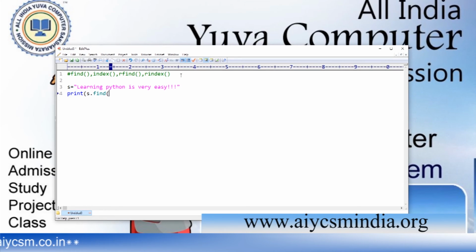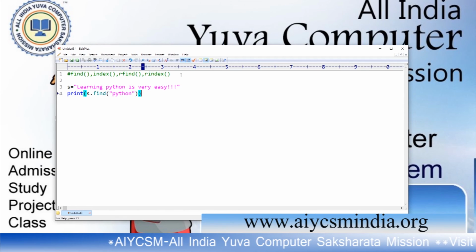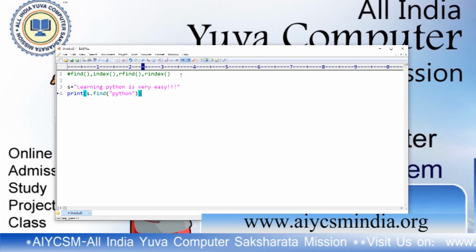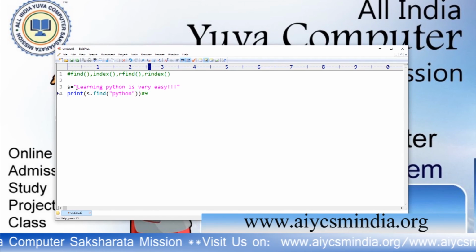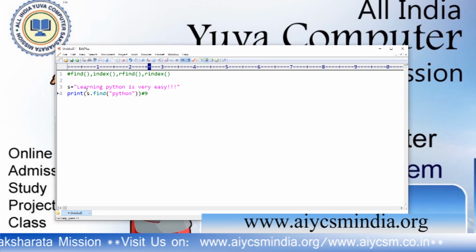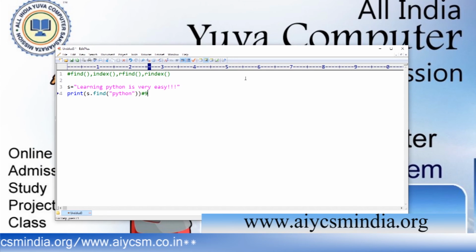With the help of s.find, I want to find Python. What will it return? We will see. It will return the index value. It returned 9. This is 0, 1, 2, 3, 4, 5, 6, 7, 8, 9. It returns 9.